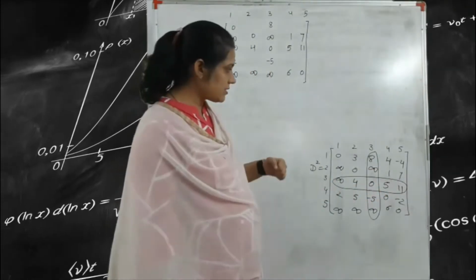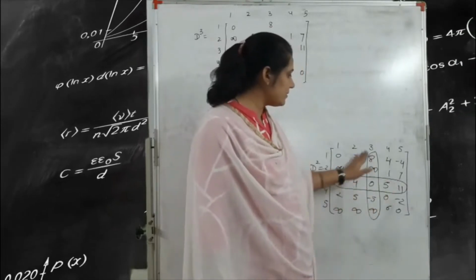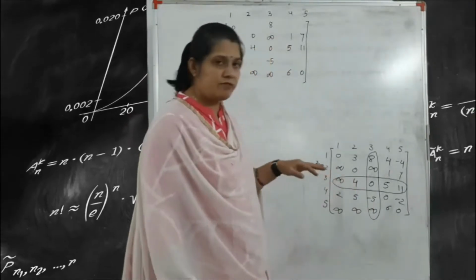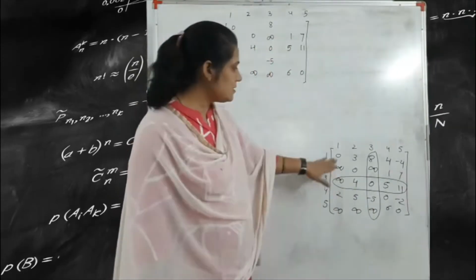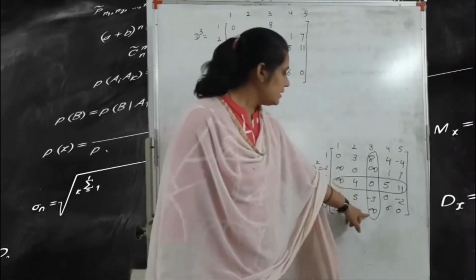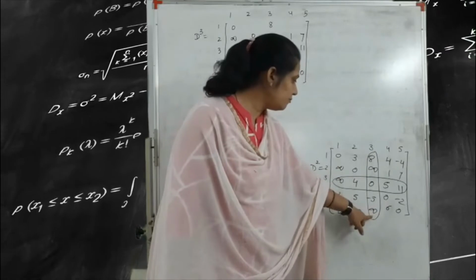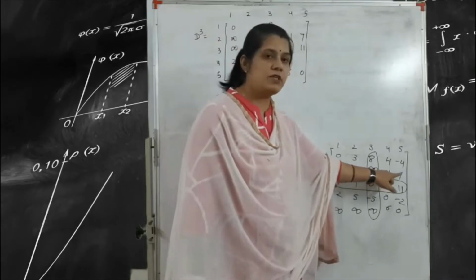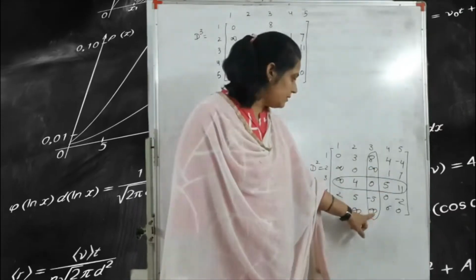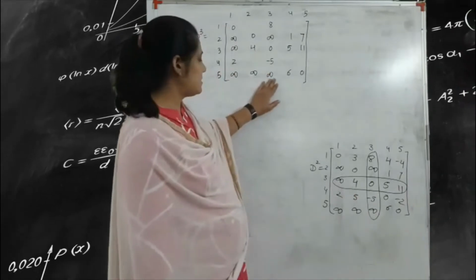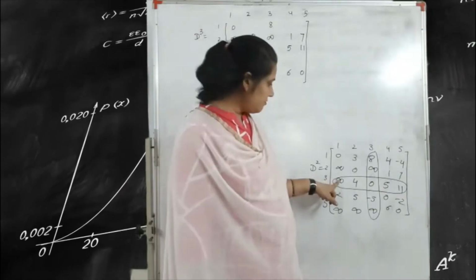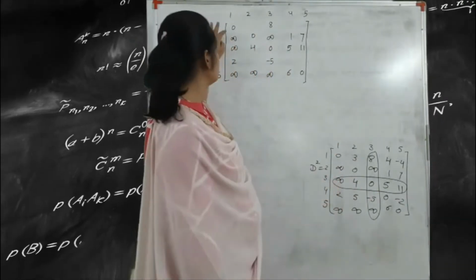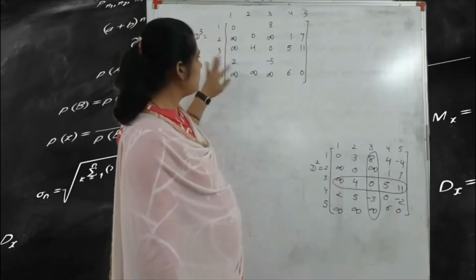Next step is to check in your highlighted row and column whether infinite is present. According to this infinite, you copy your row or column as it is. So here in this column, the second and the fifth row: we write second and fifth row as it is, infinite, 0, infinite, 1, 7, infinite, infinite, infinite, 6 and 0. After that, according to this infinite, you copy the column 1 as it is: 0, infinite, infinite, 2 and infinite.